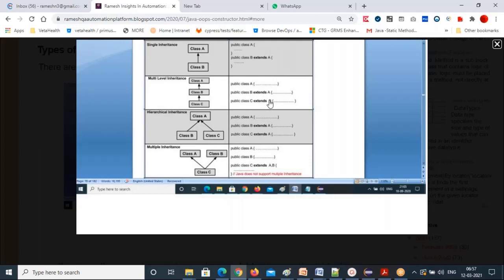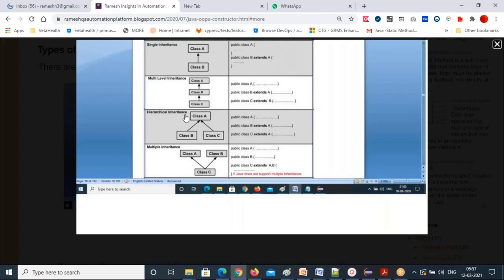That level is called multi-level inheritance, with multiple levels that this class can access. I'll show you all this practically, don't worry. Understand the theory first and it will be easy for you while implementing.